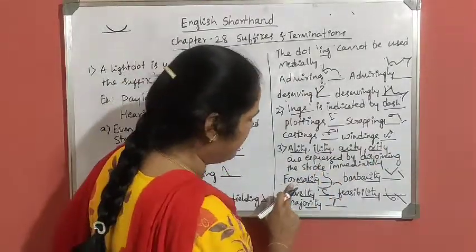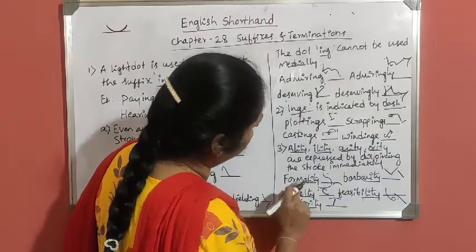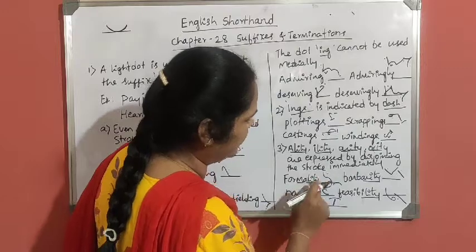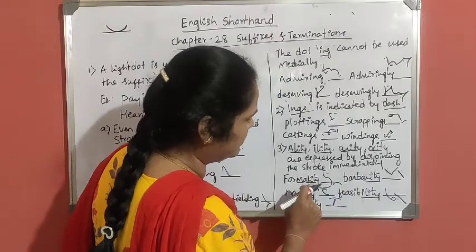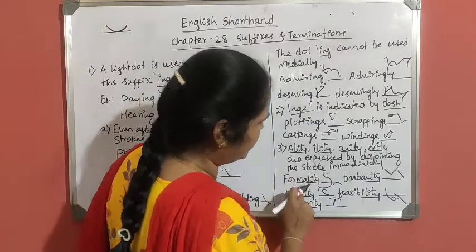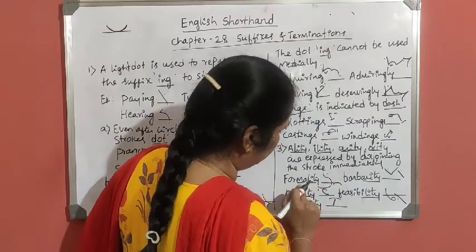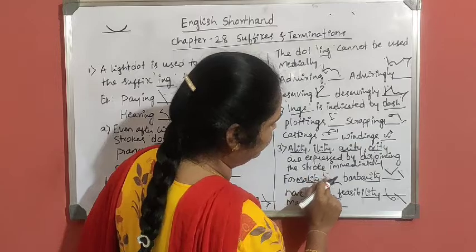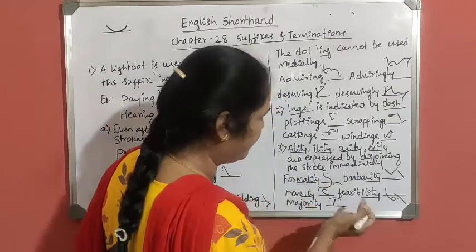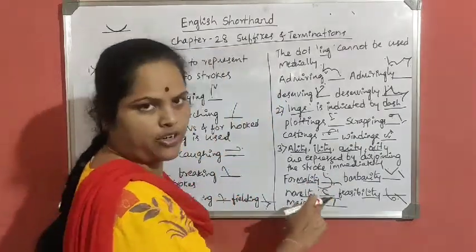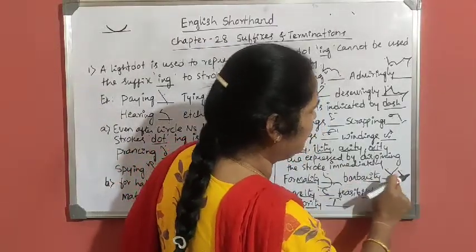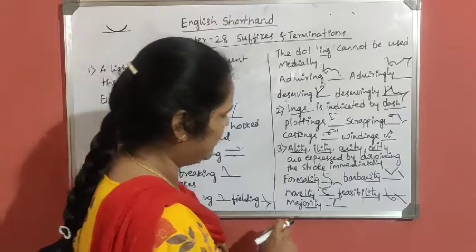First one is formality. Here formality, there are so many letters, F, R, M, L, T, Y. But for ALITY, in the suffix chapter, you have to disjoin M. Here after F, there is R and M. Here F and R I wrote. The letter before ALIT I disjoint. Here also before ARIT the B has come. So B is disjoint for barbarity.